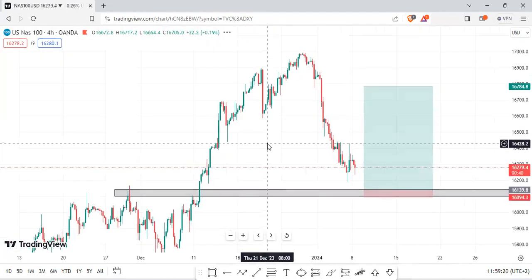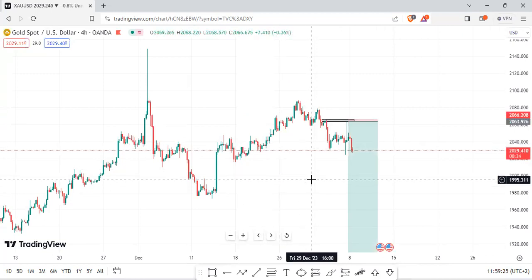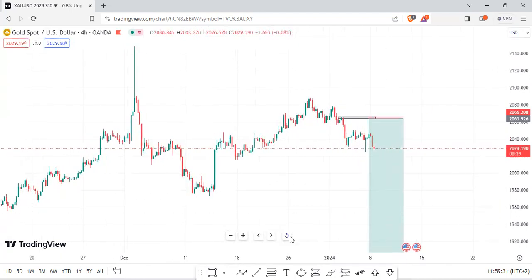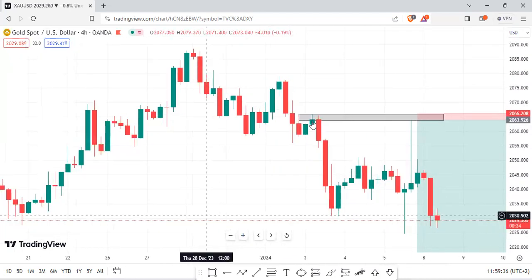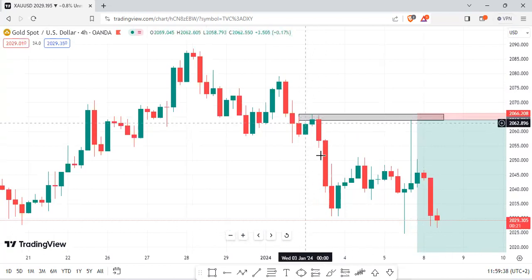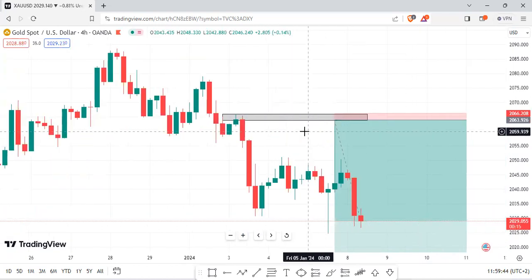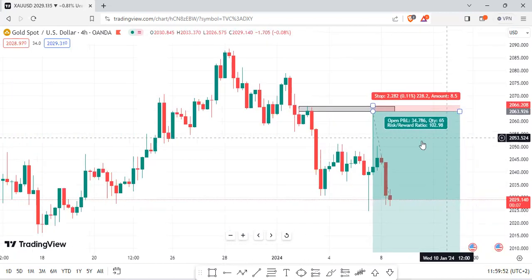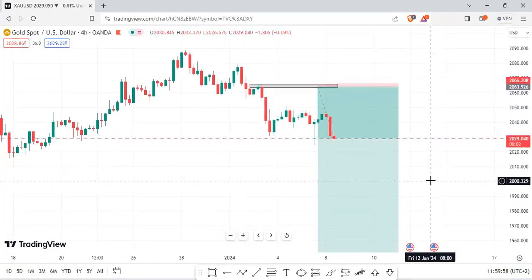So yeah. Then on gold, I actually got a very good setup on the NFP, during the NFP. Look at that. So we have this area of supply. Look at that. 102 pips deep, only risking 2 pips. Yeah. But then that's that.